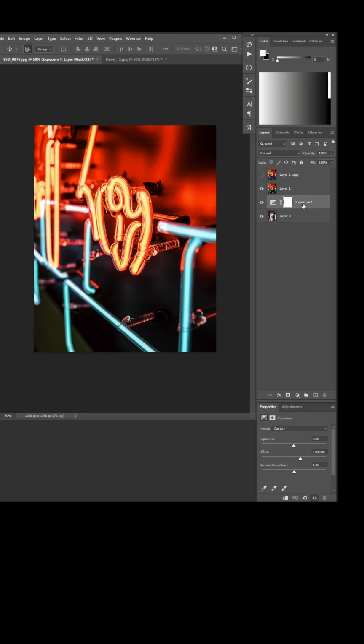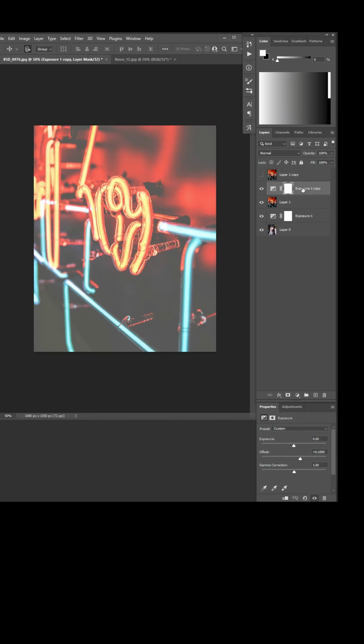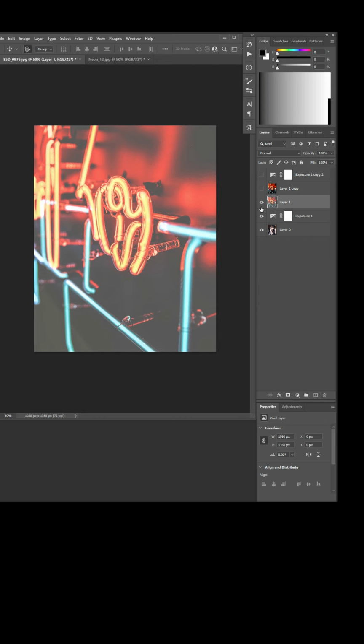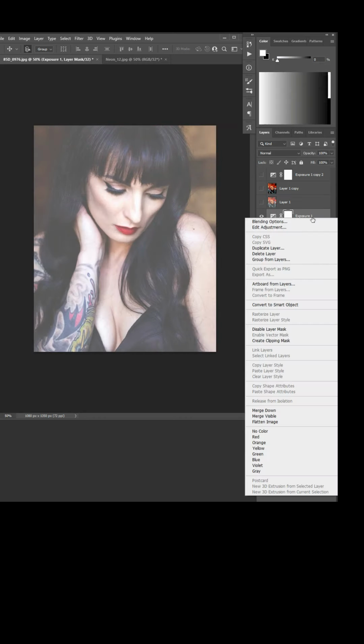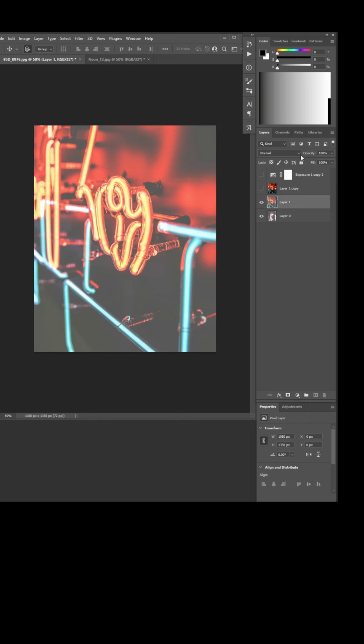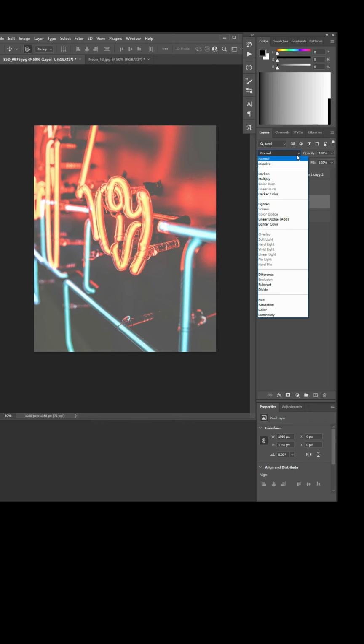So I have that exposure node, and I have this exposure node, and I'm going to make one more copy up here. I'm going to hide that one. So now I'm going to merge this one down. So now I have a milky version of the neon. And I'm going to merge this one down, and I have a milky version of the model. And if I take those two things and I multiply them together,